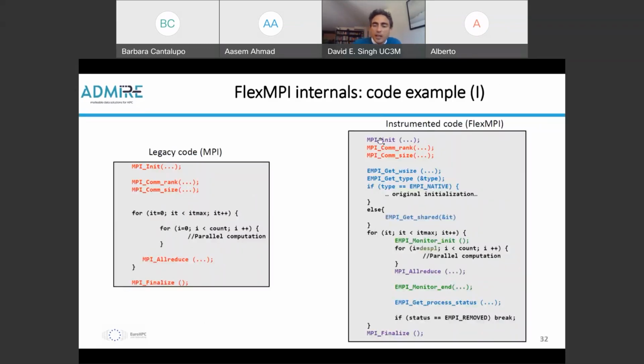First, you can see in purple some of the calls original are wrapped, which means that we don't need to introduce changes, but the MPI library uses them to initialize FlexMPI library, terminate FlexMPI, and for instance here monitor the all reduce communication. Okay, then there are specific